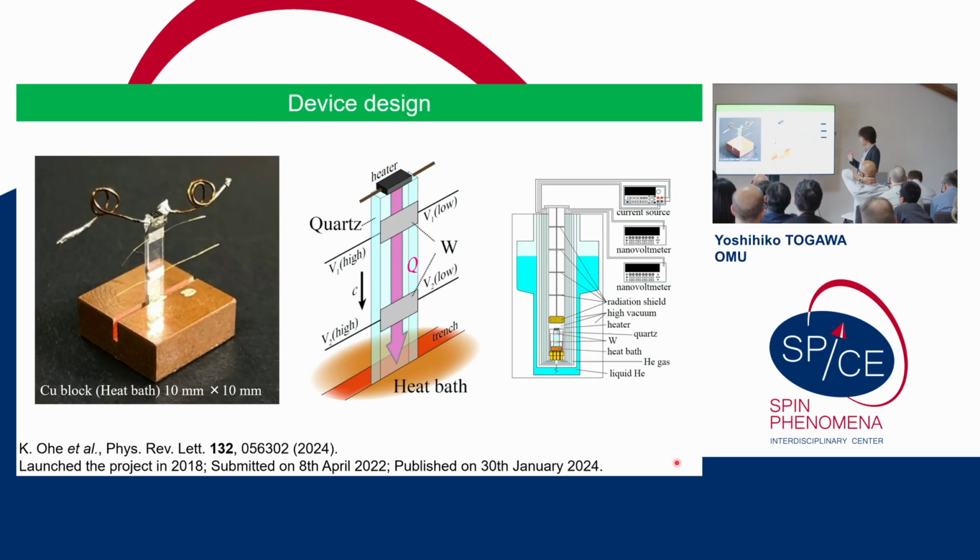Then we bravely made a similar device against the quartz. In our first experiment, we tried spin injection from the top electrode, then spin detection in another electrode. We somehow had a signal. However, with careful analysis, the signal is proportional to the input power of the first electrode, so it seems to be correlated to the thermal agitation.